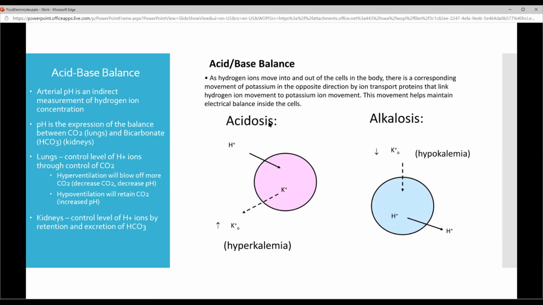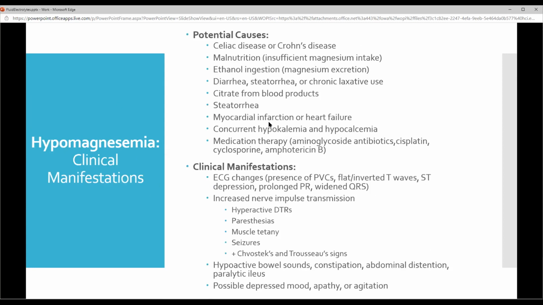Chvostek's? Oh, it's definitely in your ATI. Let me show you how you spell it. It's on this slide right here about hypomagnesemia. You see positive Chvostek's and Trousseau's sign. That's how you spell them. Okay. And that's in your